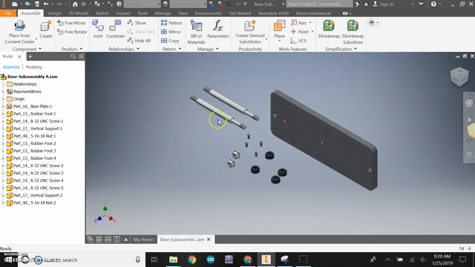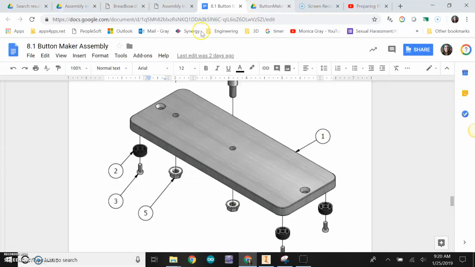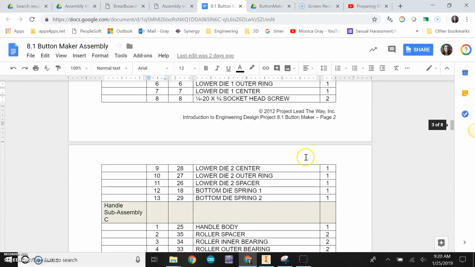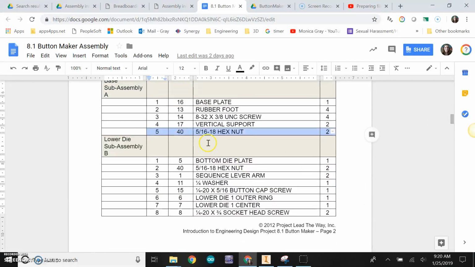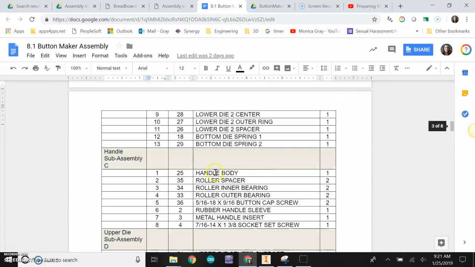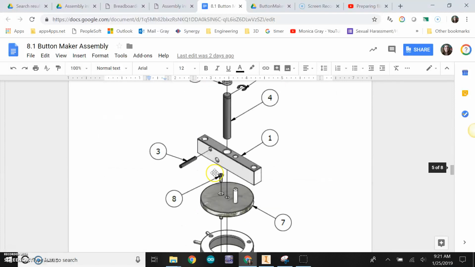Okay, so this is where we left off in the last video. You have all the parts for subassembly A in your assembly file in Inventor. So let's go back to the instructions, and we left off looking at this parts list and making sure we had everything, the quantities of the part numbers for the base subassembly A. And so now we're going to go down and look at the